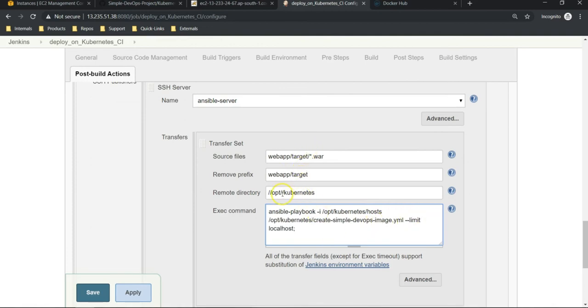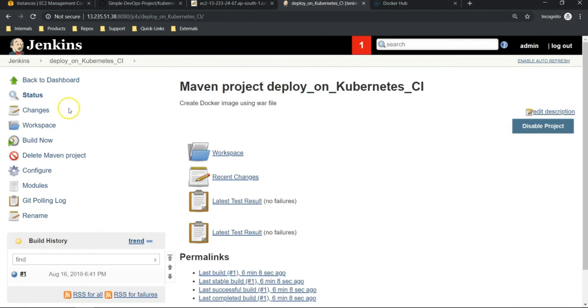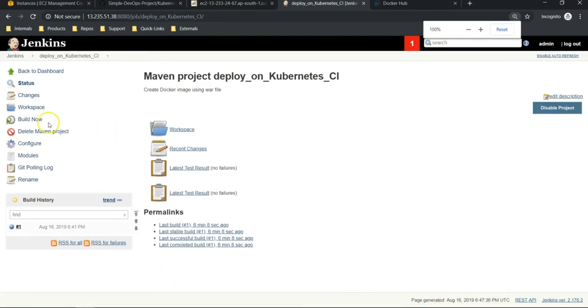Copy the WAR file onto /opt/kubernetes and execute ansible-playbook -i /opt/kubernetes/hosts, and the YAML file is also available under this location. --limit localhost is not needed. Why? Because we have already specified in the hosts file to execute only on the Ansible server. Apply, save it, and let's build it again.